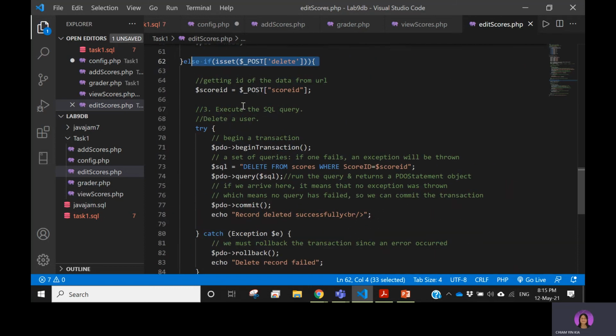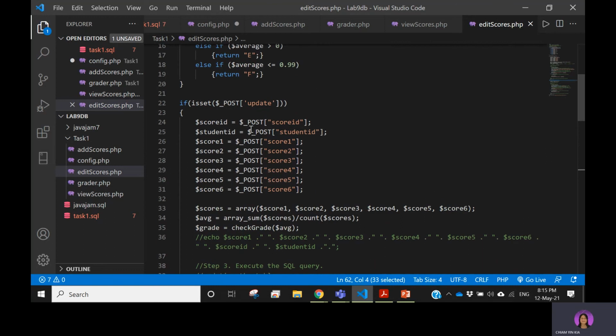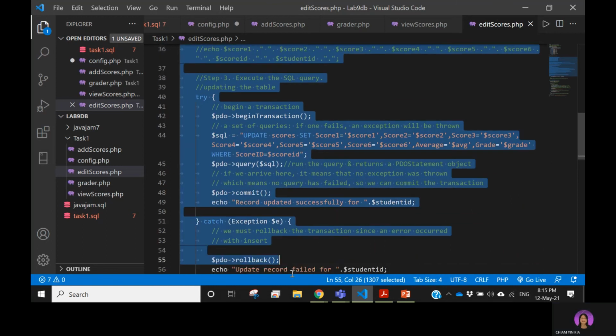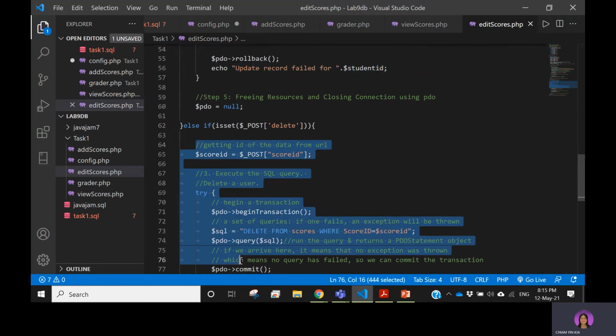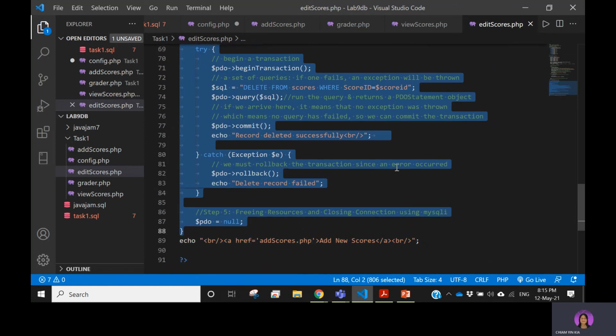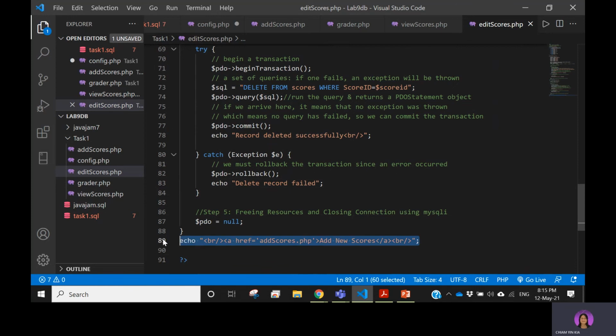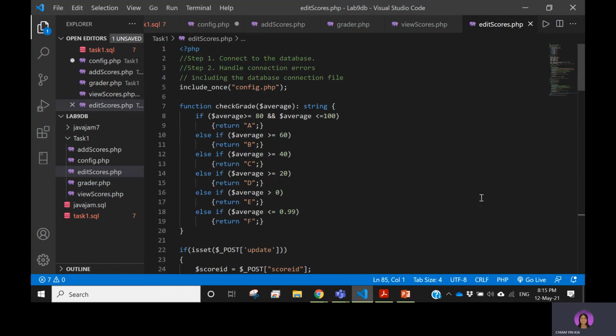We use the if else statement to separate the code for update. And this will be the part if we receive a delete; we will execute this part of the code. Okay. So in this page, we will also give them a navigation link to navigate to the add new scores page again. So this is the simple demonstration to show you how to add in the database part for